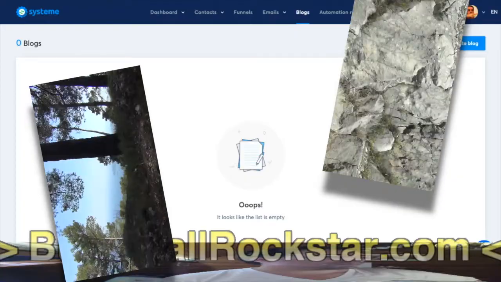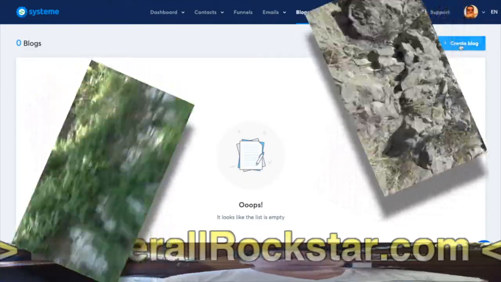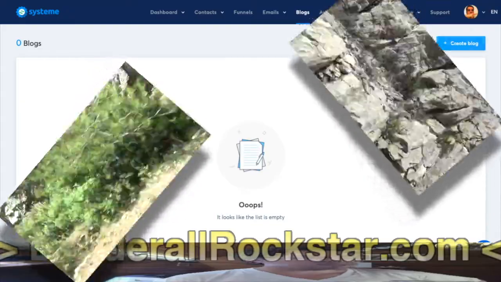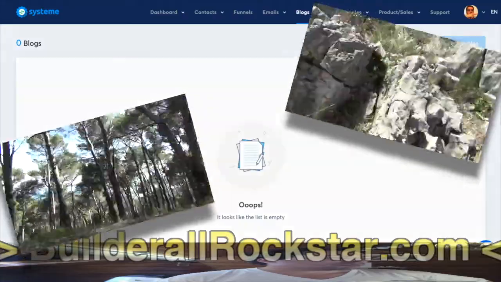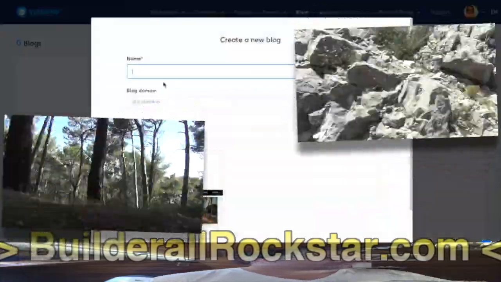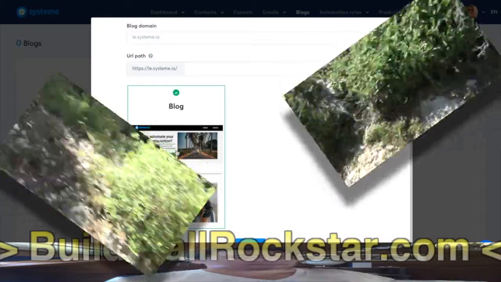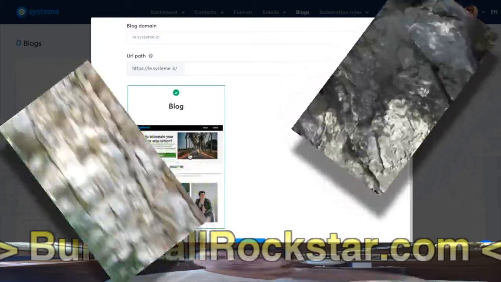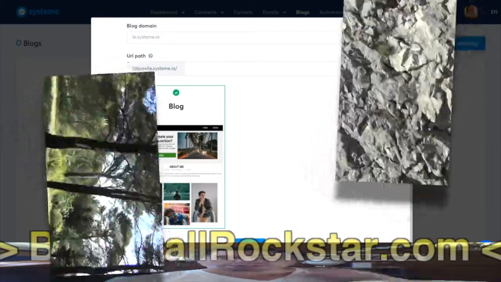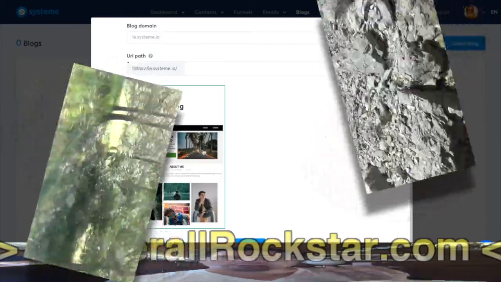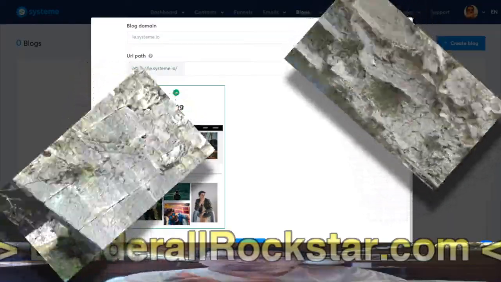So in System.io, the blog is very simple. It's not a WordPress. It's a real blog system integrated, developed by System.io. So create a blog. Here you have only one template, because in fact you just do your own template. It's very simple, but very efficient. Not a lot of things. So the content of the article is the most important piece of content for each page.